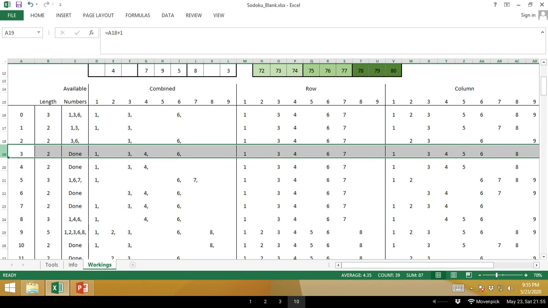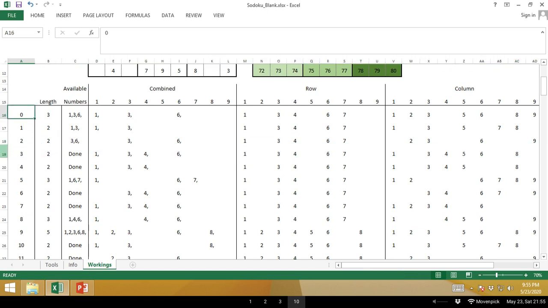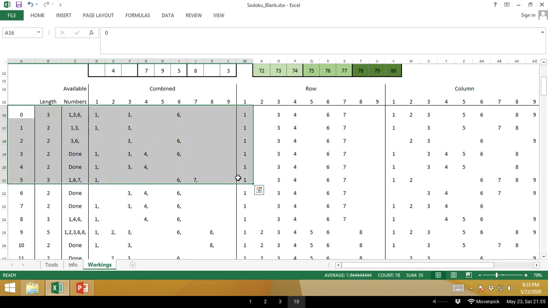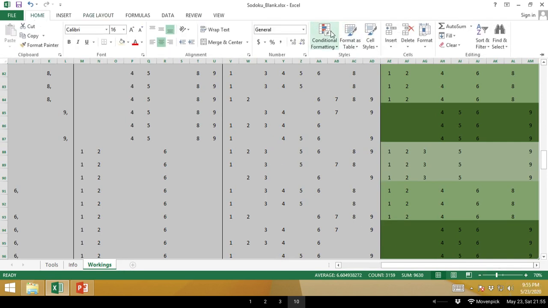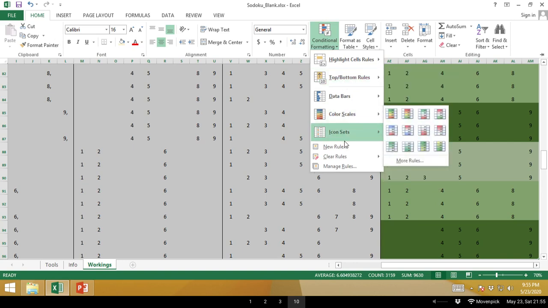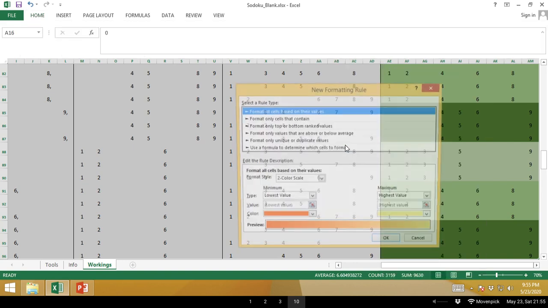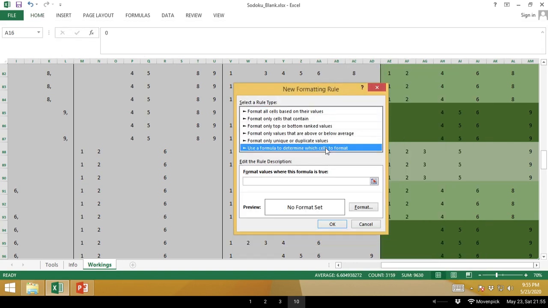Okay, so to do that, you select the whole range. So you can select until everything, right? So select the whole range, and then go to Home, Conditional Formatting, New Rule. This is a custom rule, so we use a formula to determine. And the formula is like this, equal to,